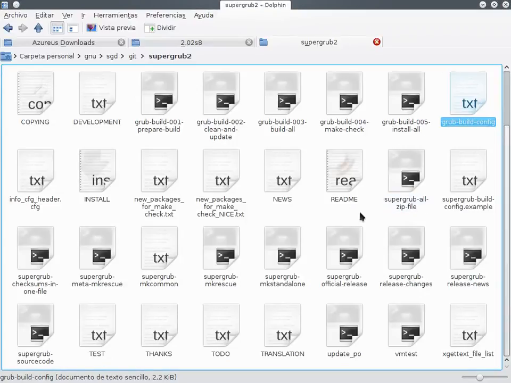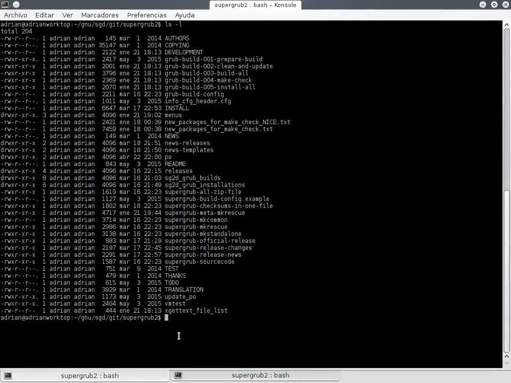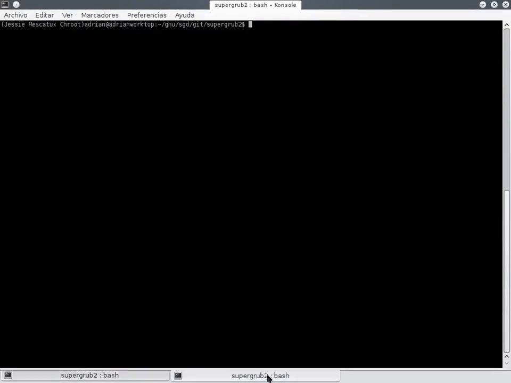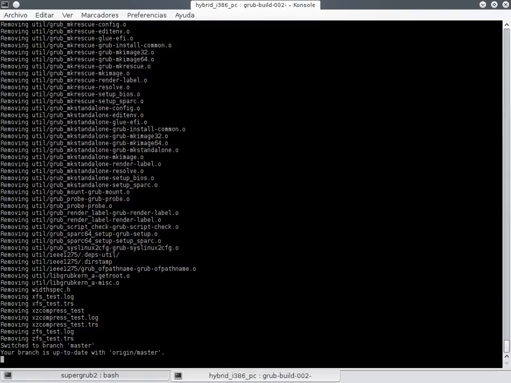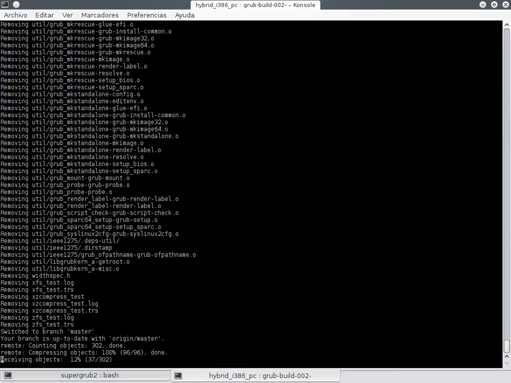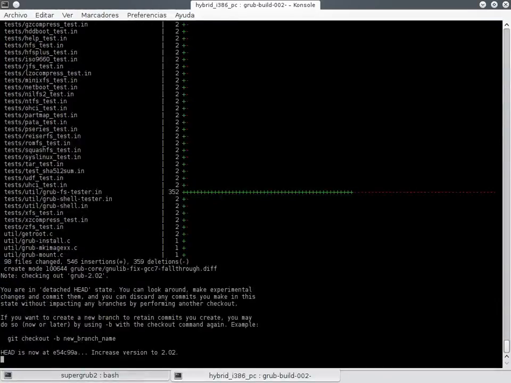Okay, so once we have it under the chroot, I'm going to run these commands about Grub build, clean, and update, which will